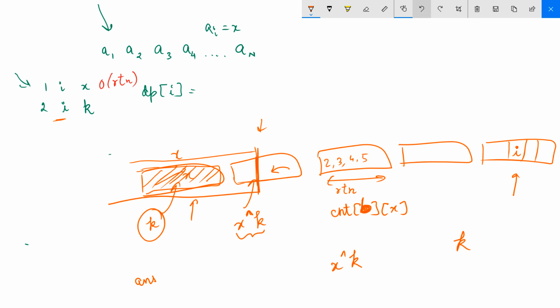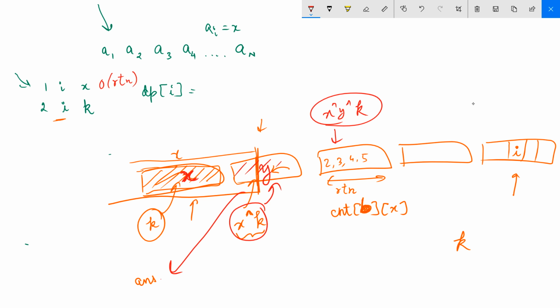Okay, I hope this is clear now. So let me just change the color. Yeah, so the XOR of this bucket is X. We count the occurrences of X XOR K in this bucket, add that to our answer, then move on and let the XOR of all the elements in this be Y. Then in this bucket, we need to count X XOR Y XOR K, the occurrences of this number in this bucket, add that to the answer, and so on and so forth.